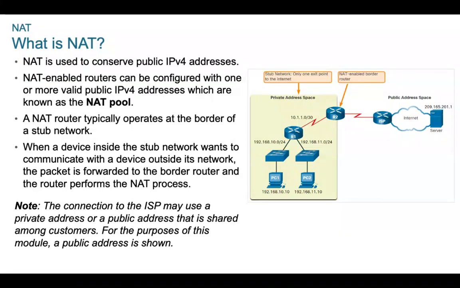So this NAT enables this border router, or your network edge router, as we say. That router can be configured with one or more valid public IP addresses, based on the load of this network. These public addresses are known as the NAT pool. We used to call them the network address pool. So this router, if you consider this R2, is a border router of this private network,